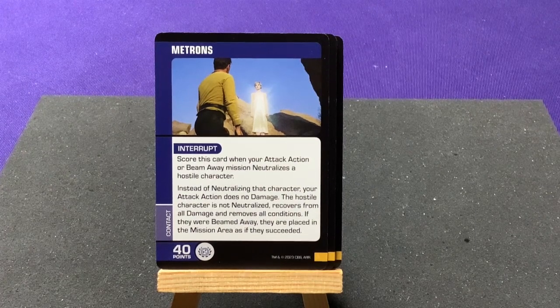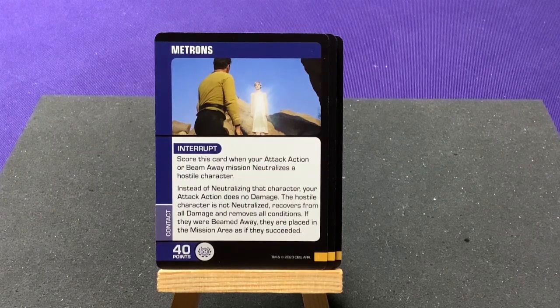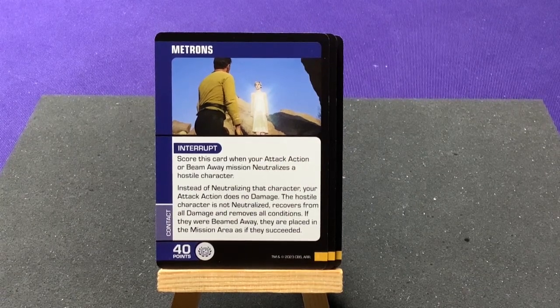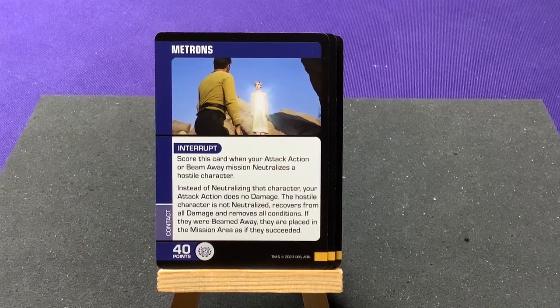Yeah, so it's kind of interesting. So you can attack somebody else, if they were beamed away. Oh, it's just basically saying, yeah, the bomb was just that. So it's kind of interesting. It's basically like you can take out somebody else, like go down and attack them. You can still score the card, but then you're not actually taking them out, so you can still get your